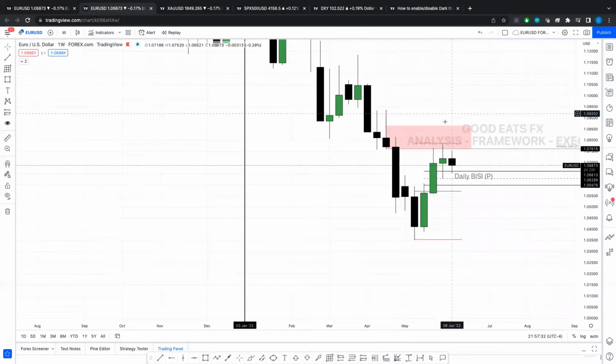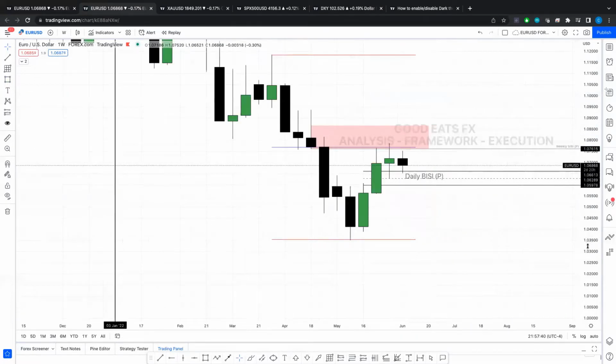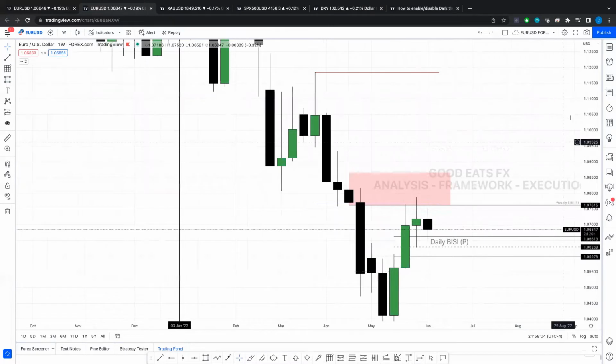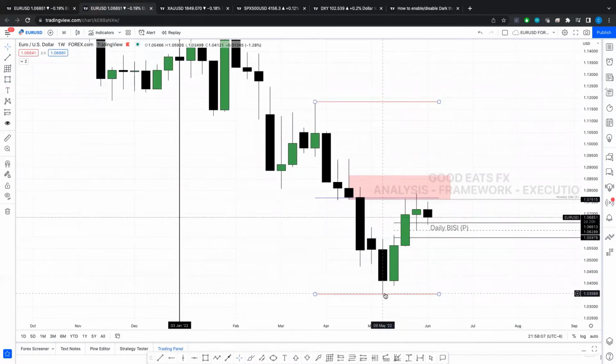You can see on the weekly, we are actually trading at the midpoint of the weekly range. So the reason why I'm taking the time to explain all this to you is so you understand that dealing ranges are really important on the macro levels. You need to understand why EU is even consolidating at midpoint. The equilibrium tends to be where consolidation is formed. And as you can see, if this week fails to trade above last week's high, we have a swing high, which therefore means interbank order flow would be continuation bearish, and we'd be targeting this low for the long term. So with all that said, let's go back to the daily